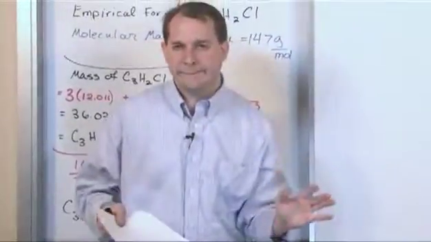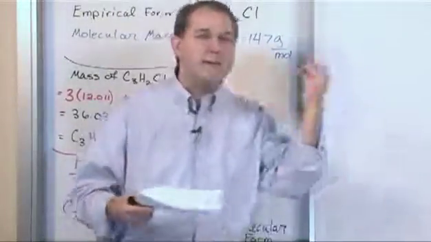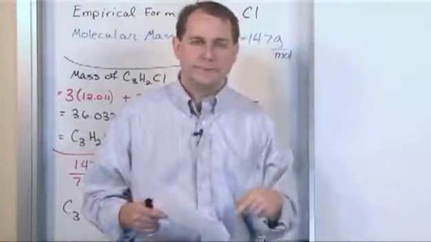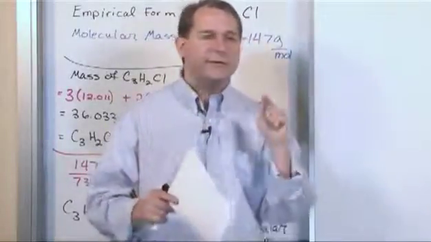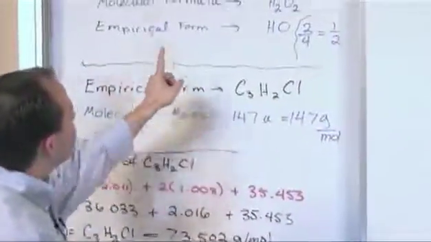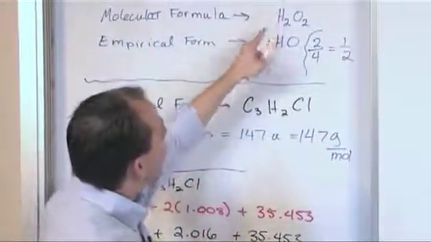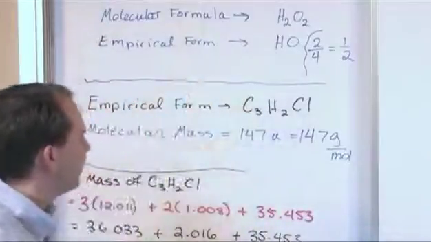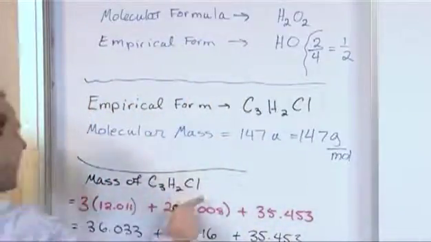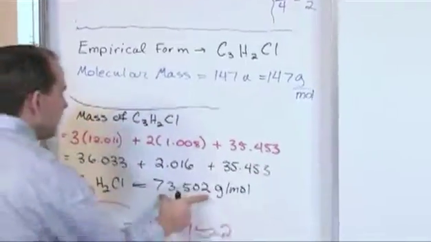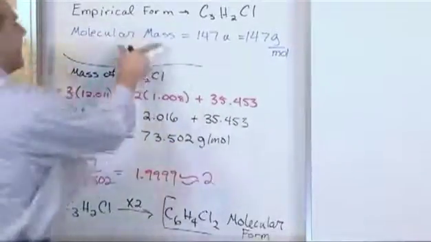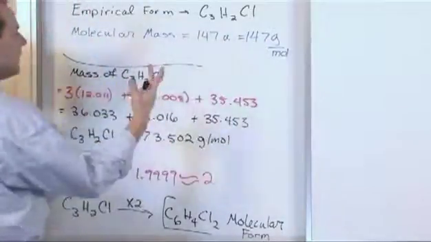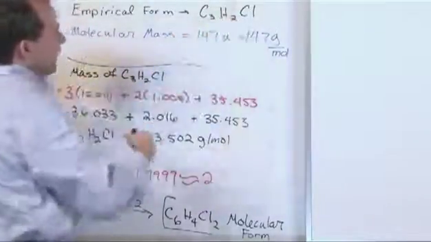you'll almost be guaranteed to be asked on your test as well. If you're given the empirical formula for something and asked to find the molecular formula, all you have to do is find out what this multiplier is, because the molecular formula is always going to be some multiple of the empirical formula. You just have to find out what the multiple is. In this case, we calculated the mass of the empirical formula and got this guy, grams per mole. We were already given the mass of the molecular guy. They're a factor of 2 bigger, so then we just take and multiply each subscript times 2, and that's really